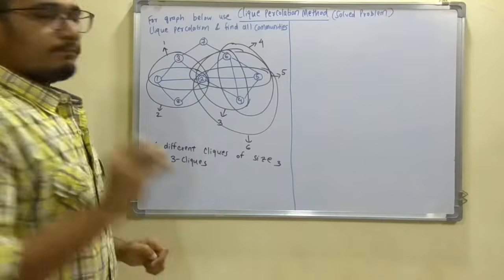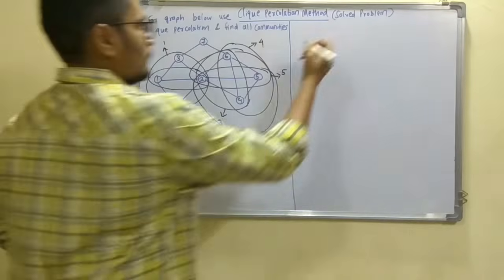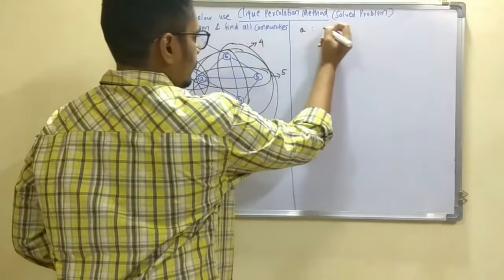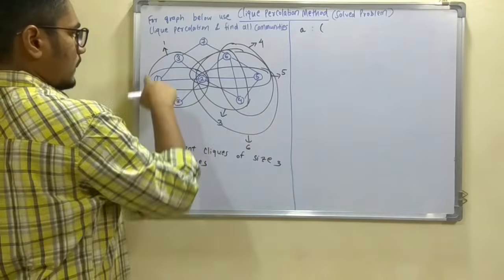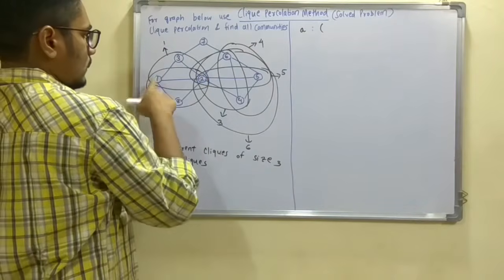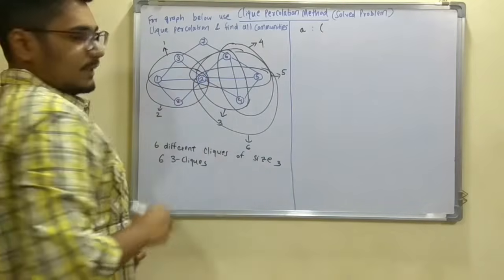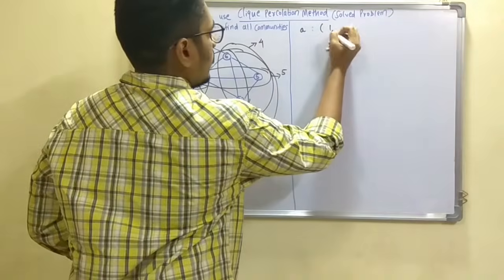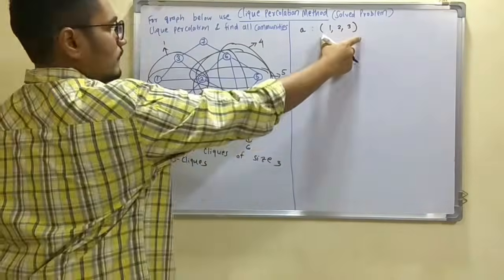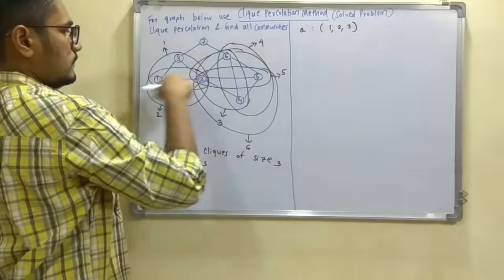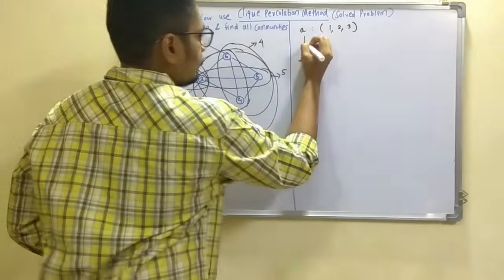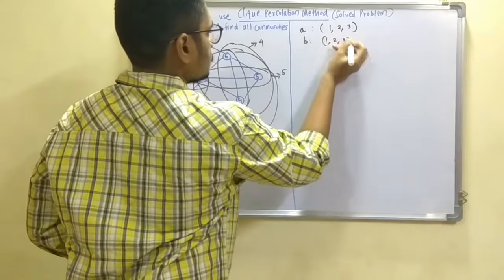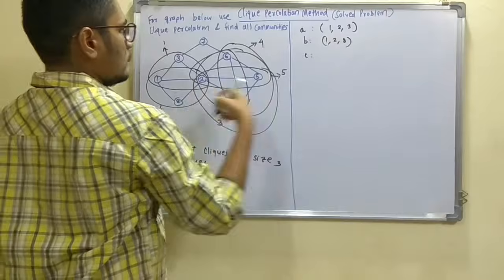Now you have to group them into different categories. So for that I am maintaining alphabets. Since 7 different vertices are there, I am assigning 1, 2, 3. So A represents one clique, the upper portion is one clique. B will be 1, 2, 8. Likewise C will be 2, 4, 6.